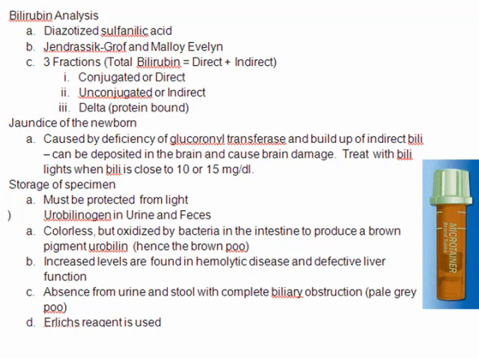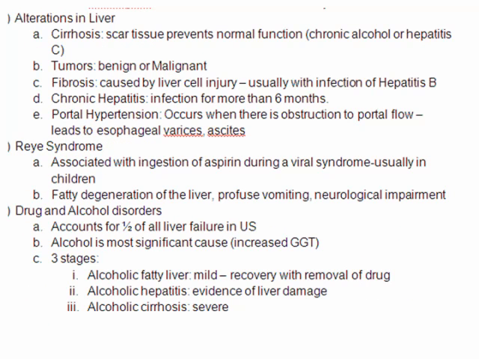All right, a couple alterations that can be found within the liver. Here we go. Cirrhosis is when scar tissue prevents normal function. So if someone's been a chronic alcoholic for a long period of time, that liver doesn't recover very well. Another thing is hepatitis C. If you have a lot of things that are damaging the liver over time, you get that cirrhosis, which you can't really recover from. Other things that can happen, you could have tumors that can be benign or malignant, malignant